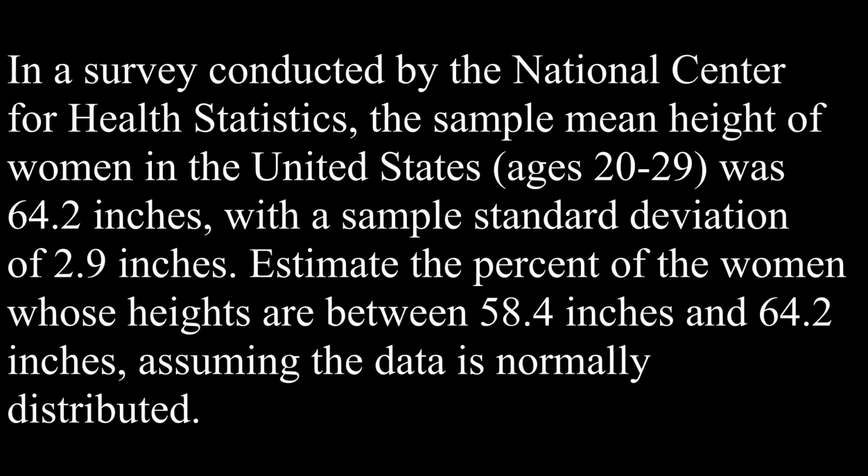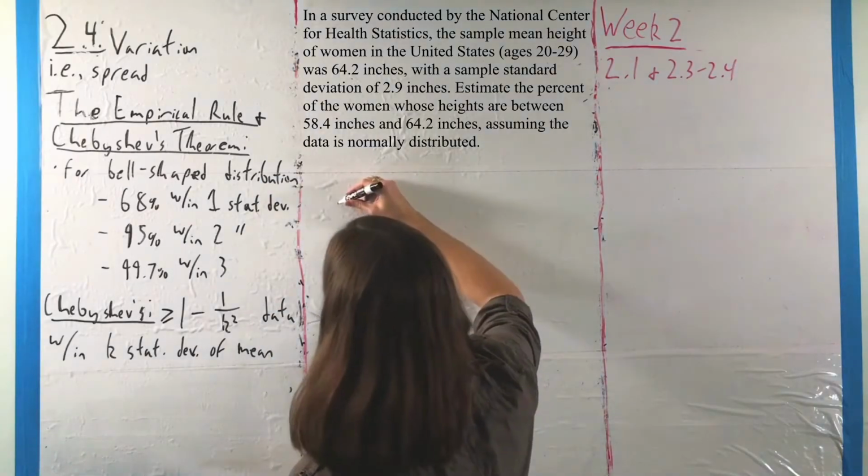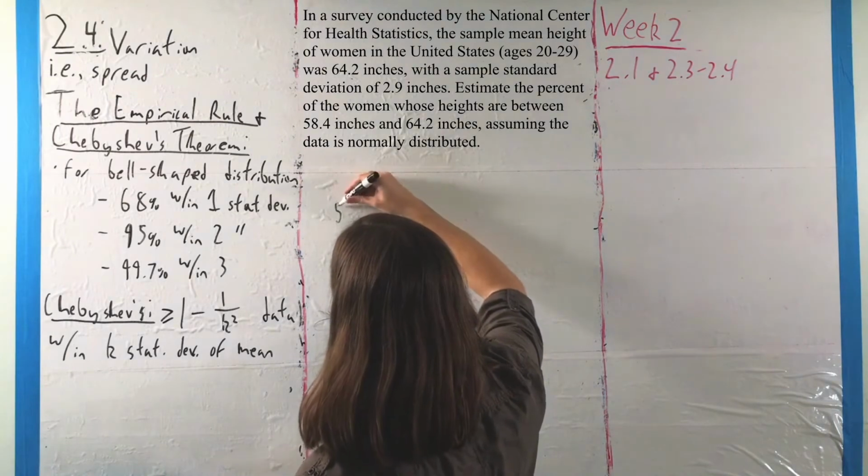So, in a survey conducted by the National Center for Health Statistics, the sample mean height of women in the US ages 20 to 29 was 64.2 inches, so about 5'4", with a sample standard deviation of 2.9 inches. We want to estimate the percentage of women whose heights are between 58.4 and 64.2 inches, assuming the data is normally distributed. So what we're going to do is look at these values of